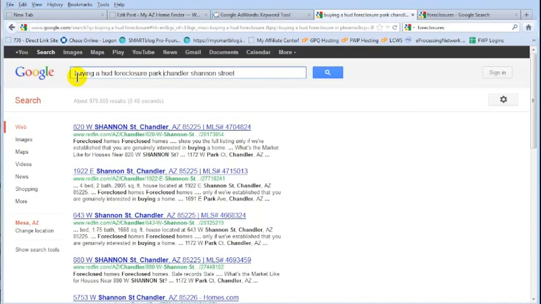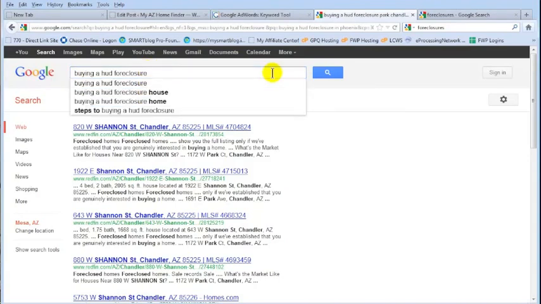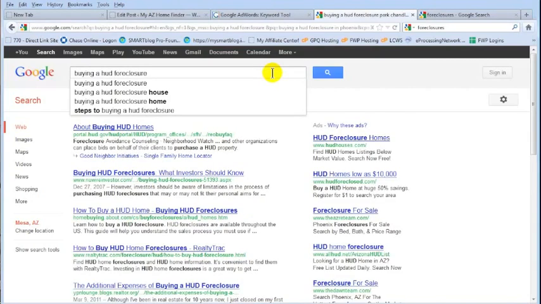So I wouldn't get too caught up in whether this is going to rank or not. Keep your focus narrow, because the narrower you stay, in the long run you're going to pick up better traffic than if you go more broad. I'm going to get a call from you in a year saying, I wrote all these great articles about buying a HUD foreclosure, but I'm not getting any traffic. And I'm going to say, all right, let's look at what you did with your blog posts, and we're going to find you did all these real broad, generic